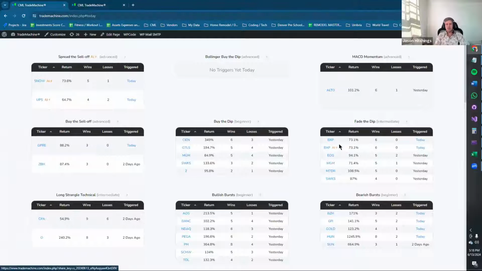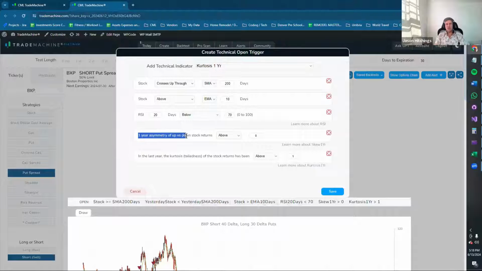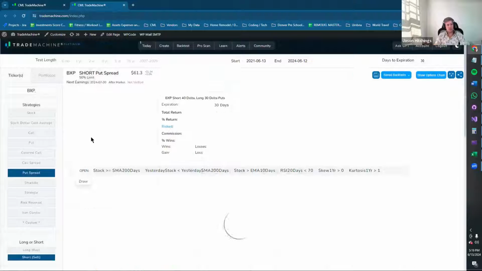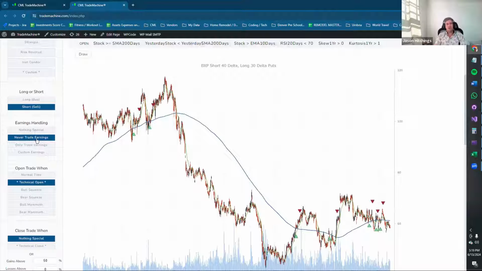So if you click this one, you're getting the exact same results because every single time that this triggered, the AI also was true. But this is saying also this asymmetry, the skew, was positive, meaning it tends to move up more than it goes down. And when it jumps, it tends to jump more than other stocks. So how big the tails are when this thing's bouncing around, when it moves, it tends to move more. So those two settings are also true, and that's part of the proprietary AI. And so those are the technical conditions that need to be true. And then an additional setting here is that it says never trade earnings.